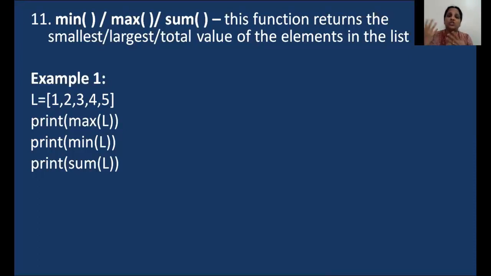If a function is a general function, then you just call it by its name and pass the required parameter to it. So in this scenario, what do you expect to see? Max as 5, min as 1, and sum as the summation of all that, which is 15. Is that clear? So I hope the methods of class list and general functions are clear.